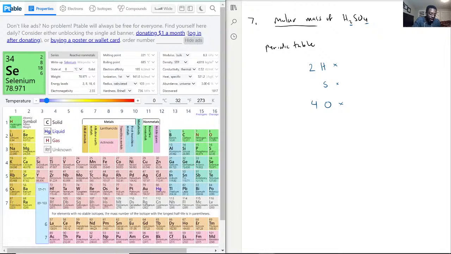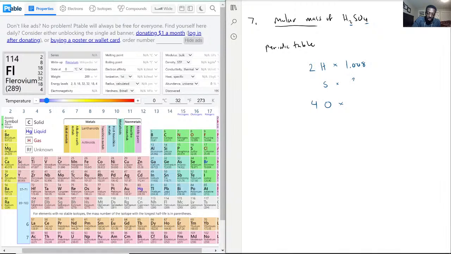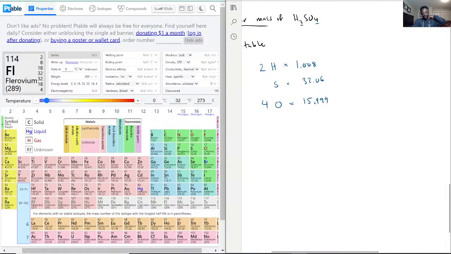So let's start with H, 1.008. Sulfur is 32.06, and oxygen 15.999. It's important that you do refer to your own periodic table because the numbers could vary, and you want to make sure you're using the ones that your class is offering, because that way you don't lose marks for being slightly off. So with that, 1.008 times 2, 2.016, okay, 32.06, and now 15.999 times 4,